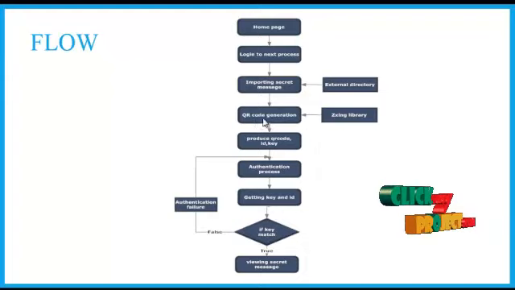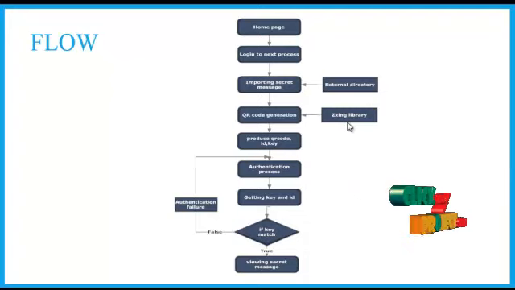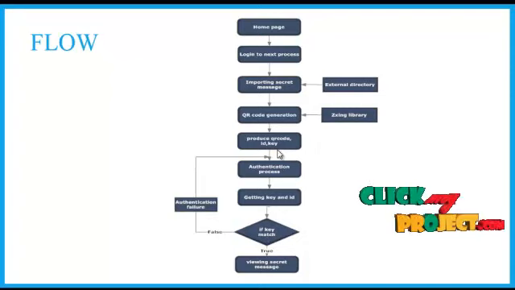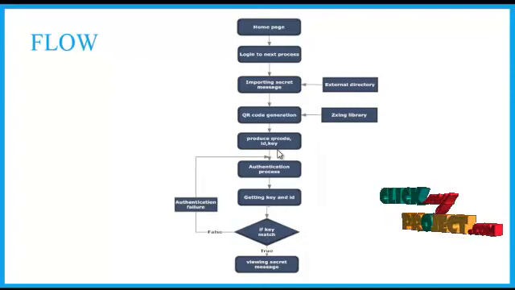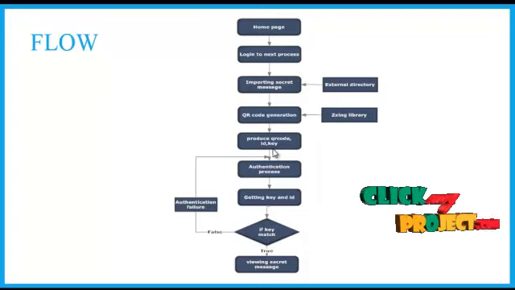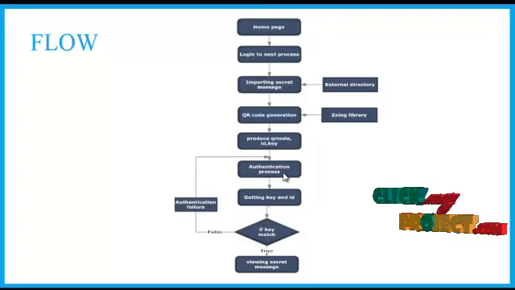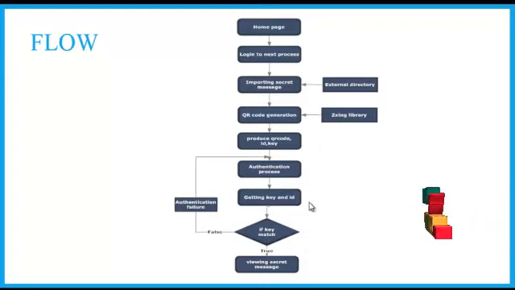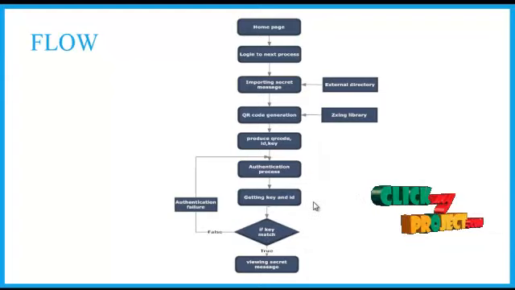When we click on QR code generation, it will call the library file from our project and show our QR code ID and secret key. For the authentication process, to read our QR code, we must know the ID and the secret key. So for authentication, we give the key and ID. If the key matches, it will show our secret message, else it will show the authentication failure error.